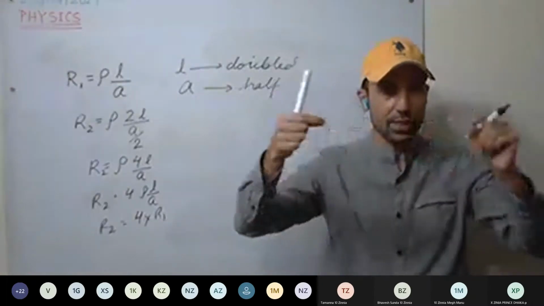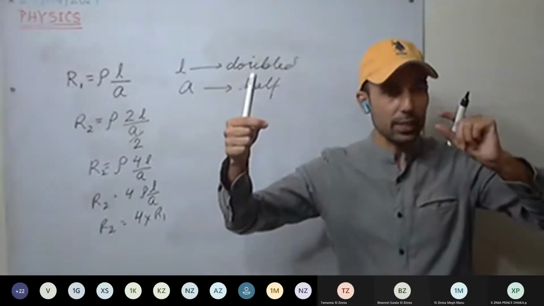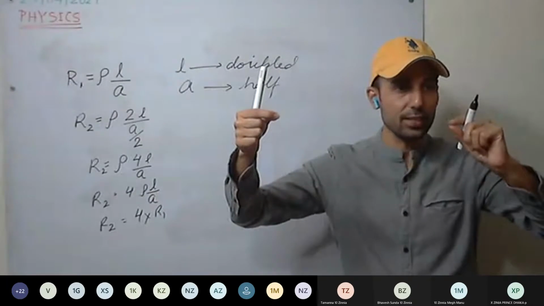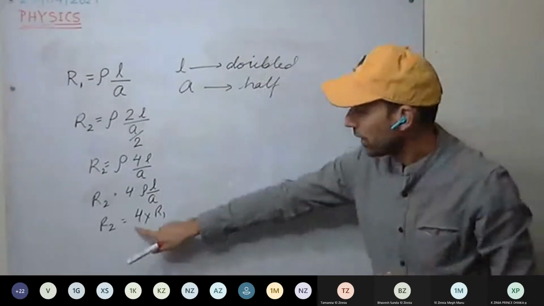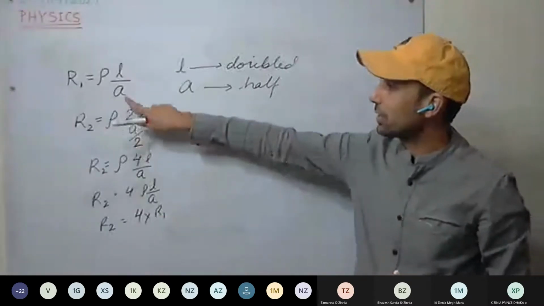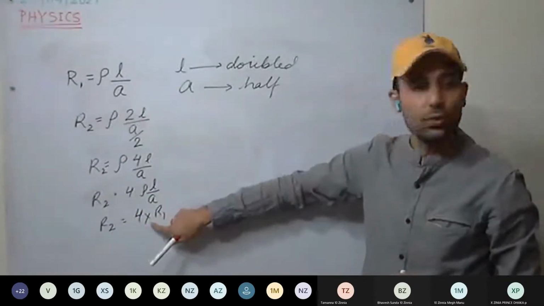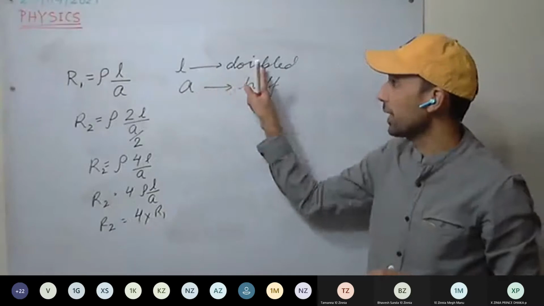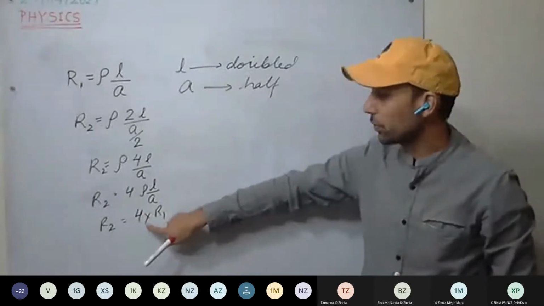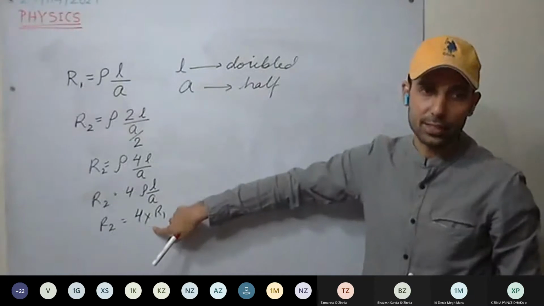See here we have stretched the wire to double. The wire has become thin. It means resistance has increased. The thinner the wire, the more the resistance. And by how much has it increased? 4 times the earlier resistance. So by doubling the length, area of cross section becomes half and resistance becomes 4 fold, that is, 4 times it increases.